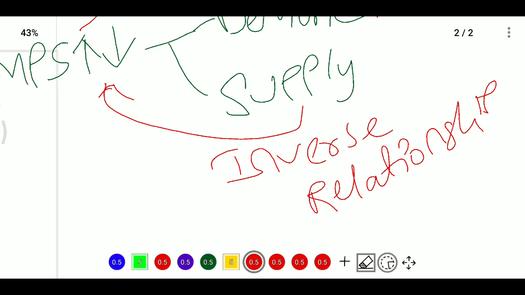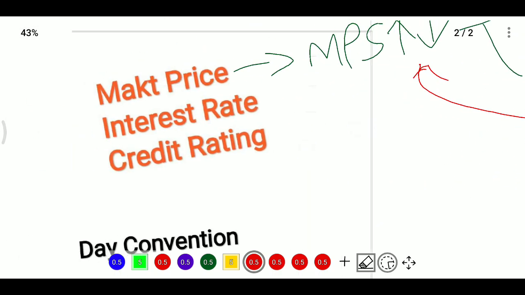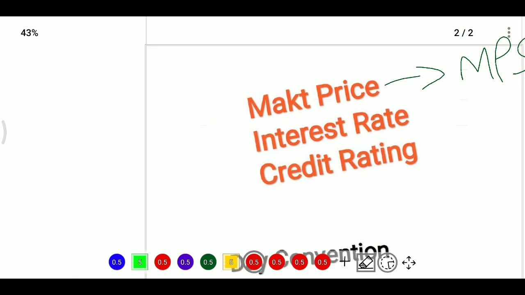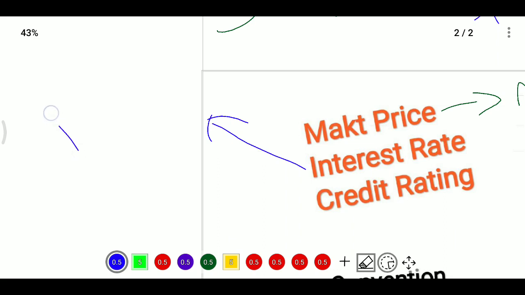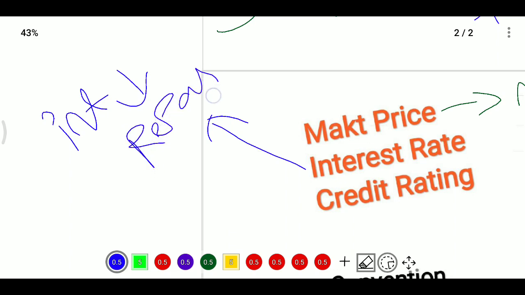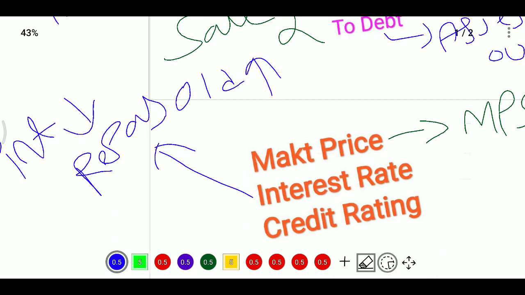In the same way, based on demand and supply, the bond price will go up, and the reason will be an increase in demand. Next, change in interest rate. How does the interest rate affect it? If interest rates are going down, investors like old bonds, since they are paying high interest. Now if interest rates are down, the old bonds paying high interest rates become attractive, and the old bond price will go up.